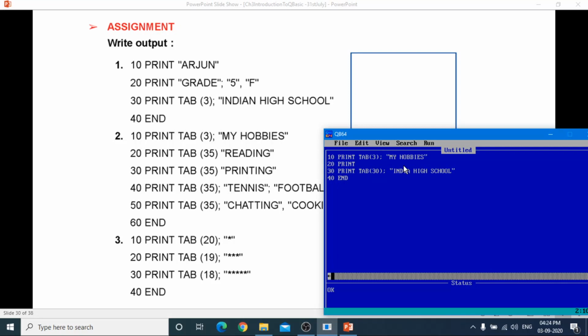Then print tab, what is written? 35. Okay, and then semicolon, and what is written? Reading. Next one also we have tab 35, printing.